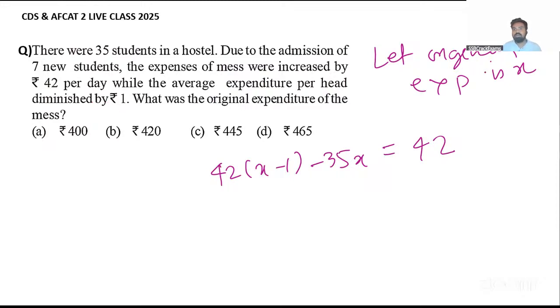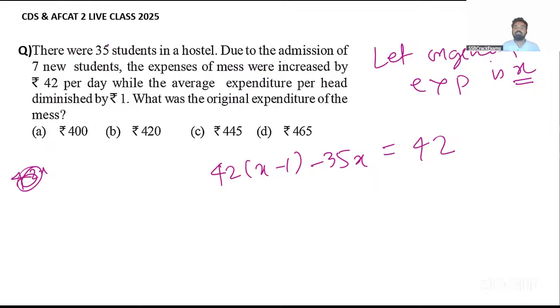So we know that the original expenditure is X. It has been reduced by 1, so the new expenditure becomes X minus 1. And now the number of charges for mess is increased. So the charge per expenditure is 42 times X minus 1. Initially, it was 42 into X or something. We do not know what the initial expenditure was. Okay, so 42 times X minus 1, and the